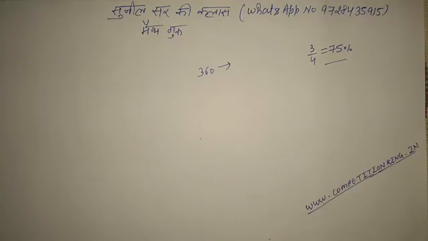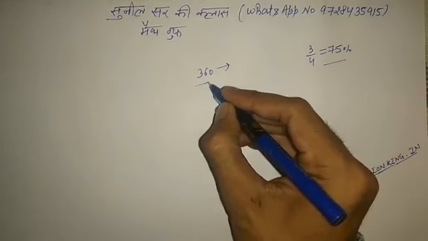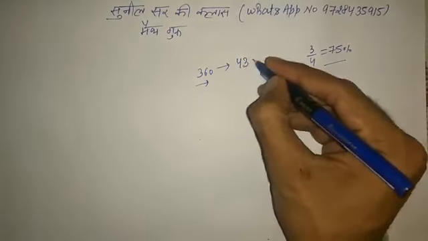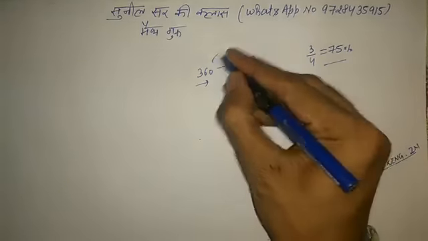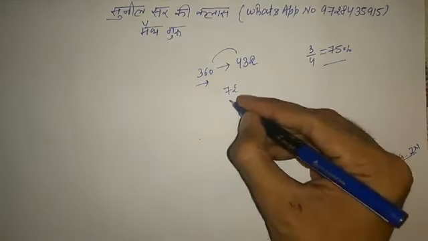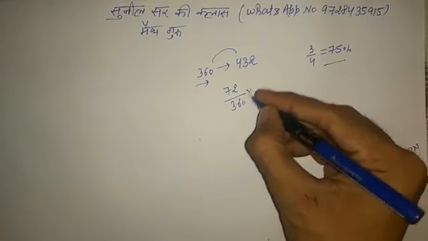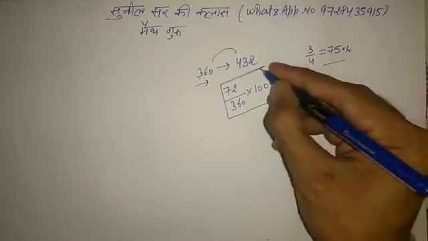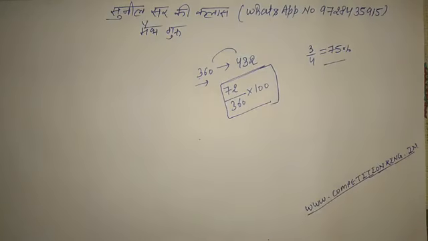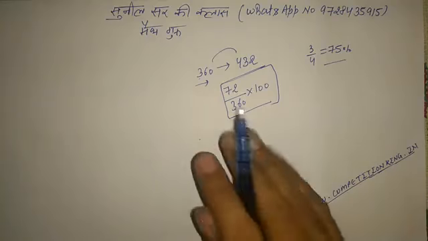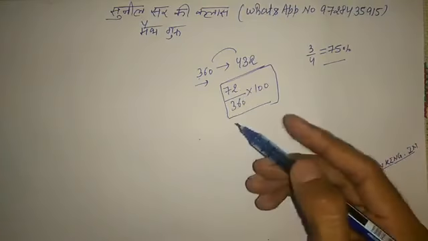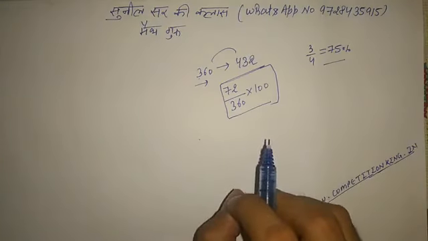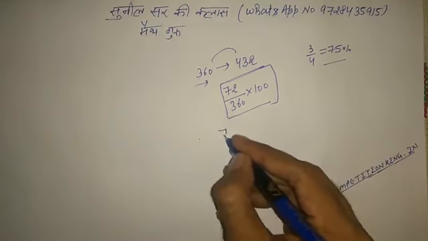Now we will see one more technique to calculate the percentage quickly. For example, there is a number 360 and it becomes 432. What is the percentage change? As we know, the percentage change is final minus initial, 72, divided by the initial, multiplied by 100. Many data interpretation questions will come like this, and we have to know how to calculate this effectively. Okay, let us see. One way is to cut it out, but it is not necessary that I will know the table of 36.